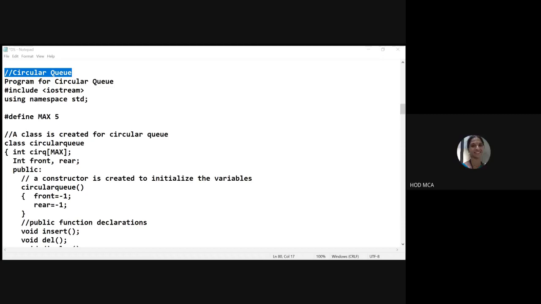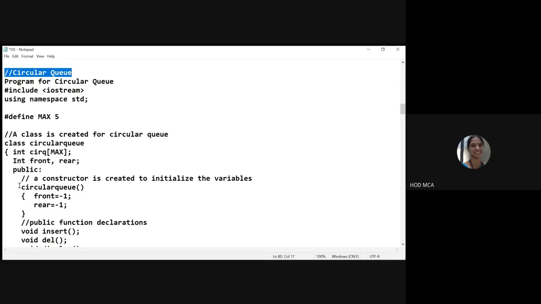Anybody? Chaitra? Okay. In case of circular queue, you can go on inserting the elements even when there is some space after the last element of the queue. That is what we try to say.